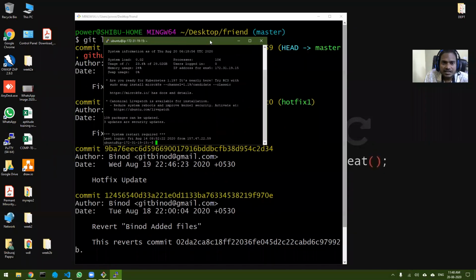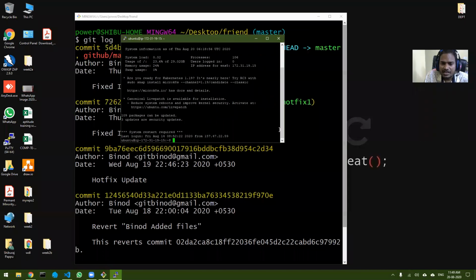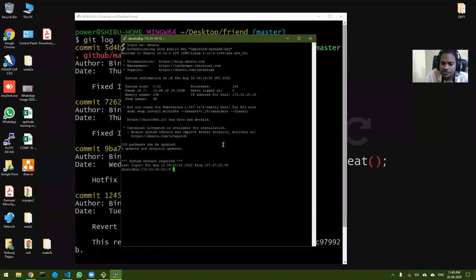So you can see how your server looks. It is usually accessed using a software called PuTTY. Now in this case, do you think you can run a GUI over here? If you want to do anything over here, you have to run git commands only. That's why it is mandatory whenever you are working on a server that you know the git commands, otherwise you cannot do anything.